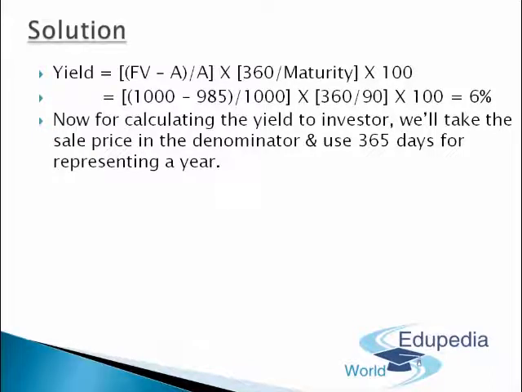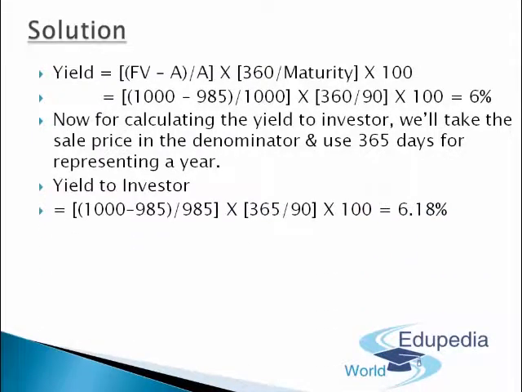Now, for calculating the yield to investor, we'll take up the sale price in the denominator and use 365 days for representing a year. So that's on the same line for bond equivalent yield. Guys, remember the formula. So the yield to investor in such case would be 1000 minus 985 whole divided by the sale price in the denominator, that is 985, into 365 whole divided by 90 into 100. So the yield to investor in such case is